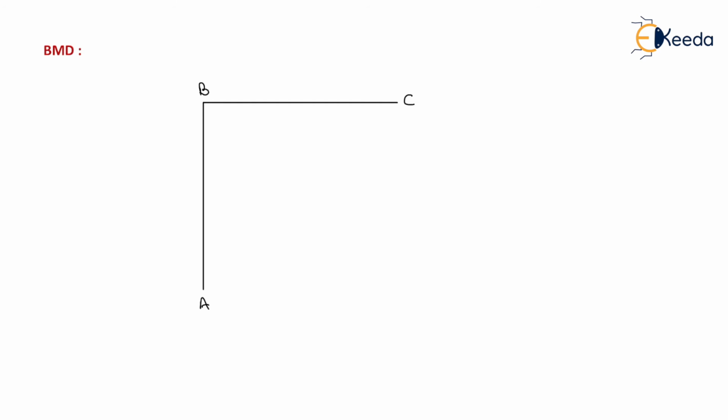So we will plot the mid span maximum positive bending moment in span BC as WL square by 8, 12 kilonewton meter. Now in AB span there will be no external loading, so the mid span maximum positive bending moment will be 0 in AB span. Now we need to plot the moments which we have already calculated. Now in AB the calculated moment is plus 3.429.